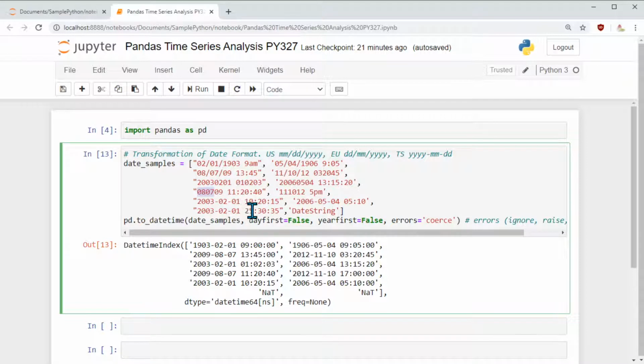Here, because I have 25, which is not a valid time, it says NaT, not a timestamp. And here, this is not a datetime at all, so it says NaT here. So by using this combination of arguments, I am able to specify to the system the format of my date. Now instead of dayfirst False, let us say dayfirst True.